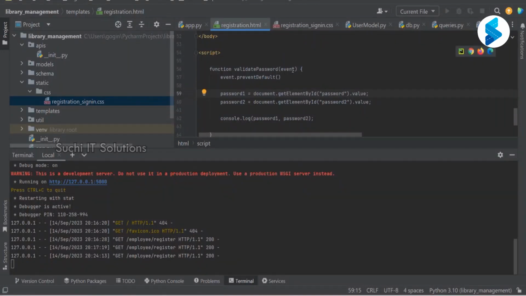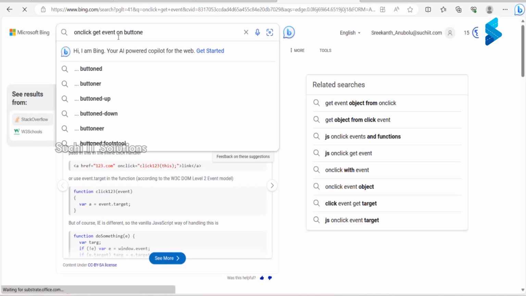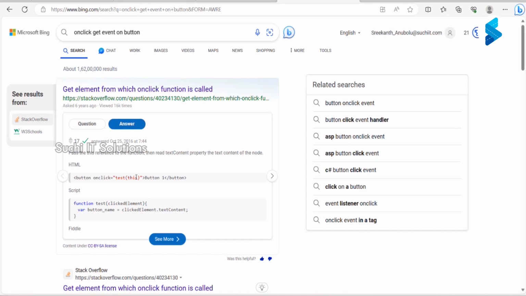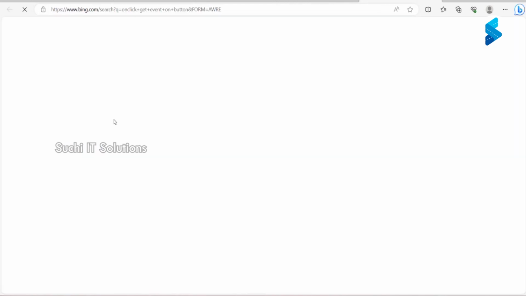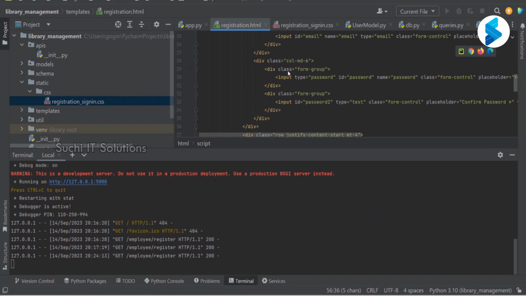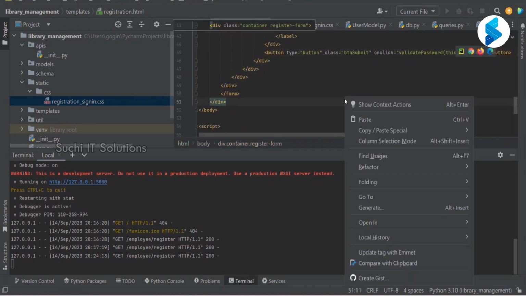Yes, I need it because I'm trying to prevent the default. On click, I'm passing this, the clicked element, and this is what I'm going to get. But I'm not getting that. Event, password, I'm just going to call it this. It should not matter, but